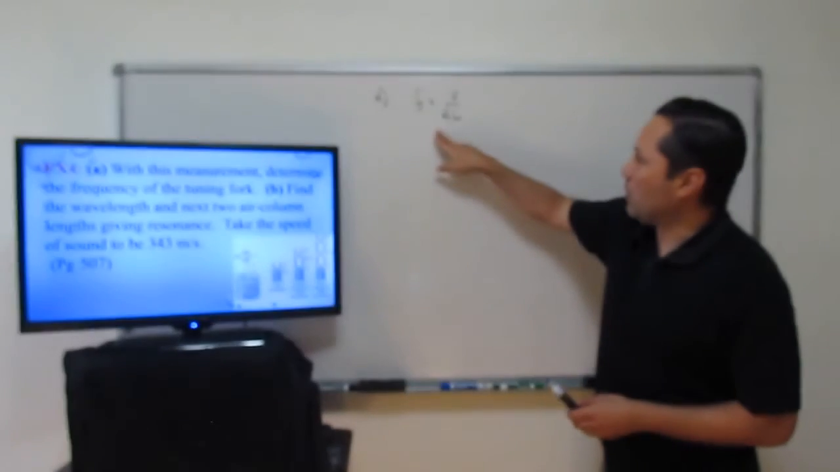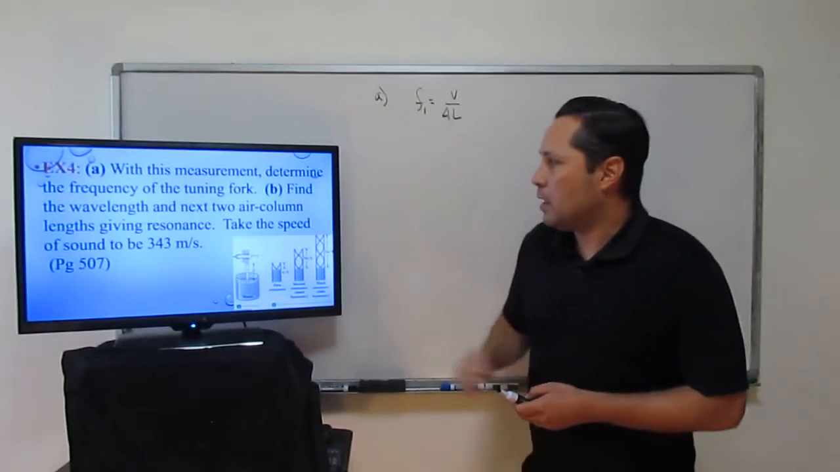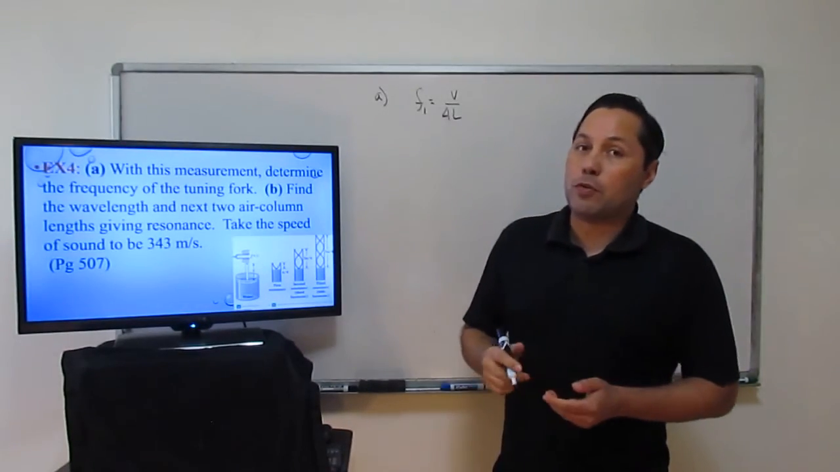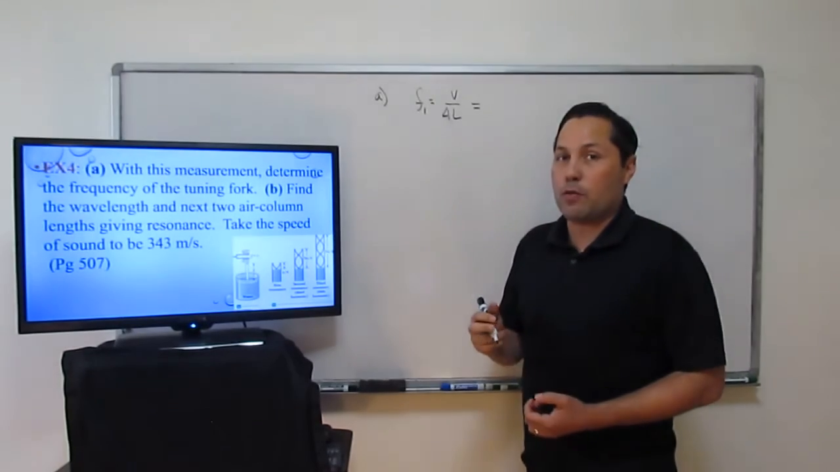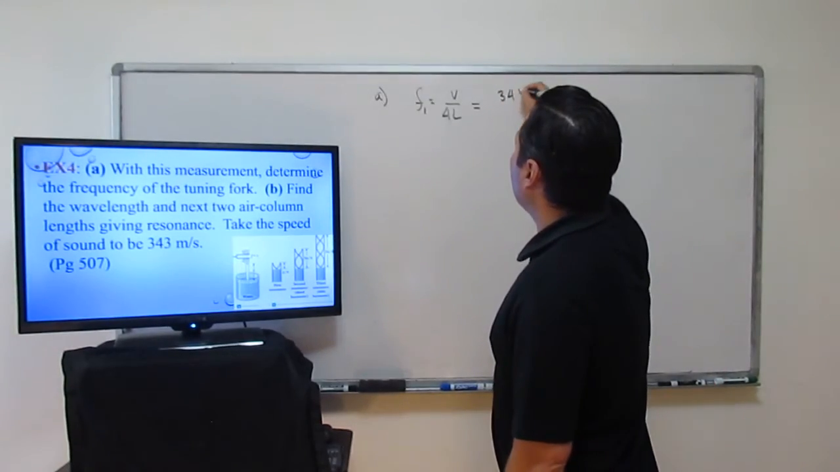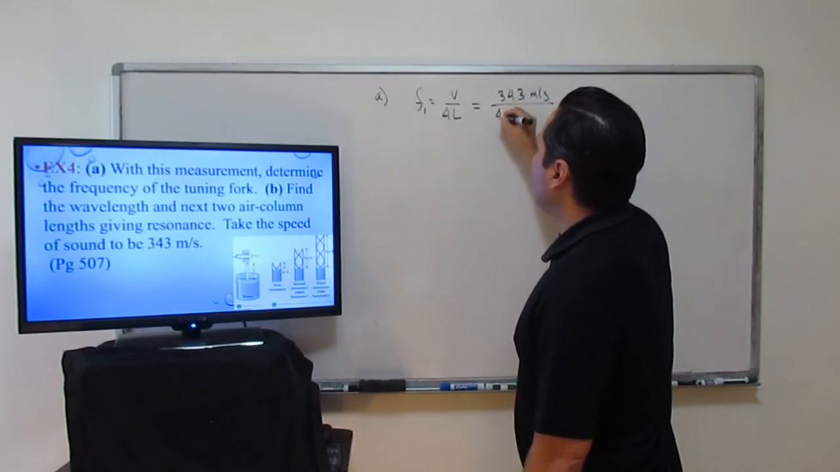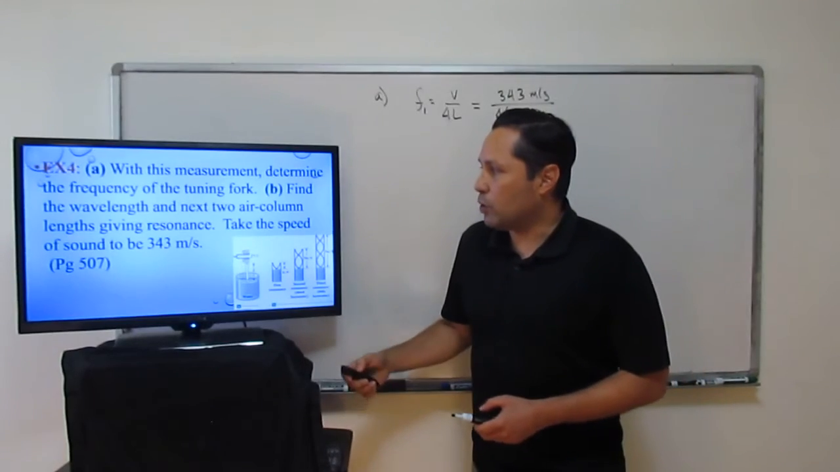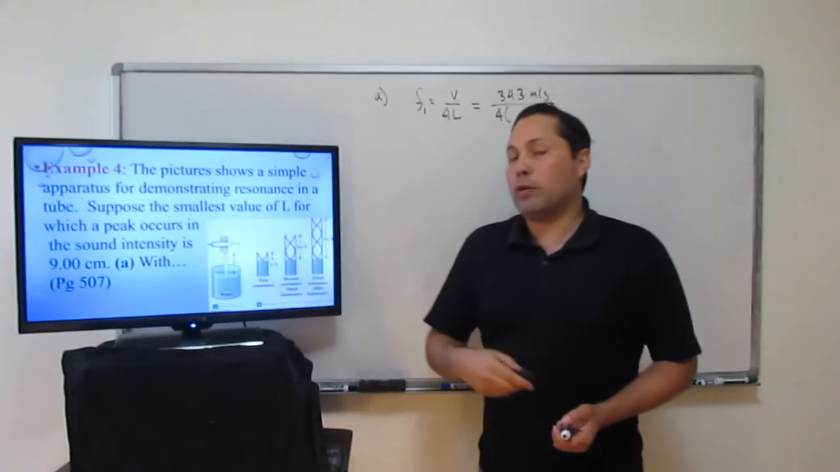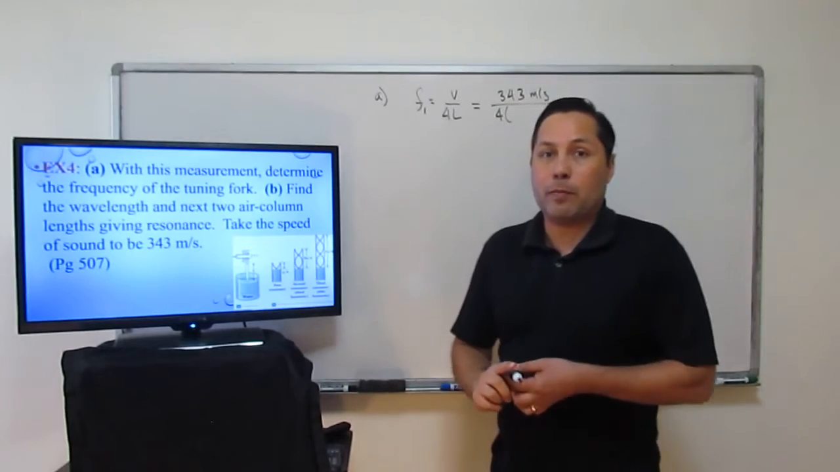All right, so now we have the formula we need to get the fundamental frequency. So put 1 right here. And given to us is take the speed of sound to be 343 meters per second, though if not given in the problem, you assume that it's 343. So 343 meters per second is our velocity, divided by 4 times the length, which was 9 centimeters. We're going to change that from centimeters to meters. So 9 centimeters divided by 100 will give us